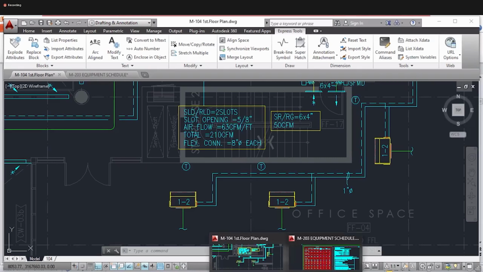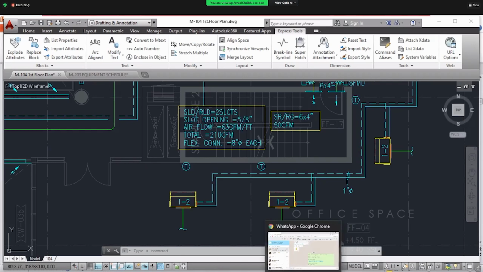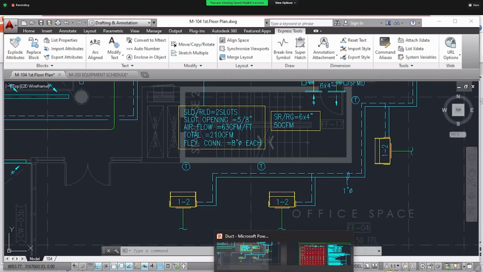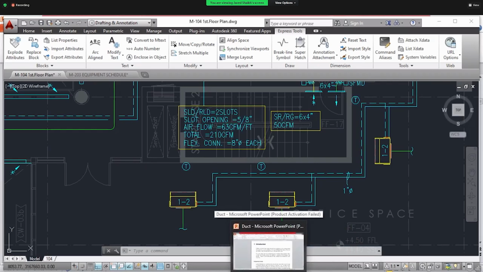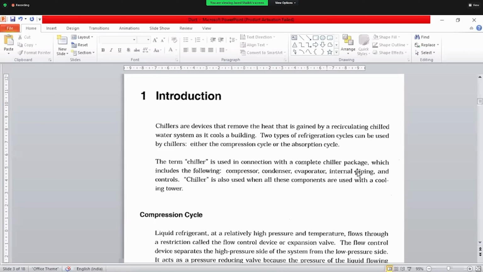So in our previous class, we have finished till the duct sizing and the calculation and the plenum box sizing. Now we will see the next chapter, which is the chillers. What is a chiller and how to design the pipe. We are going to see in this session how to design the chilled water pipe from the chillers which are running to the AHUs and FCUs. So the water side we are going to see today.